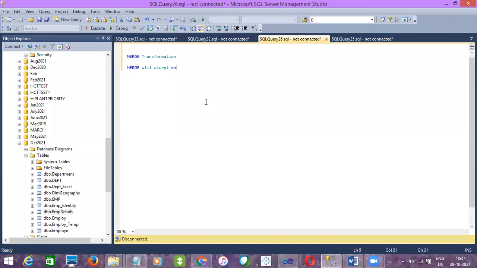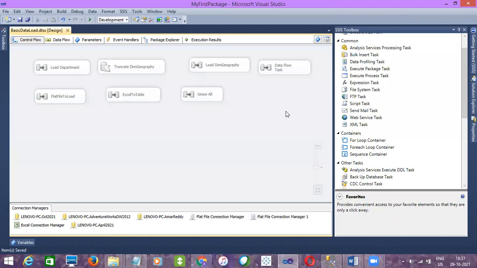Before we give data input to the merge, we have to sort the data, otherwise it will not accept it. It will only accept two sources, either both SQL Server sources, or a combination of SQL and text file. Either way it will accept it, and let's check that.